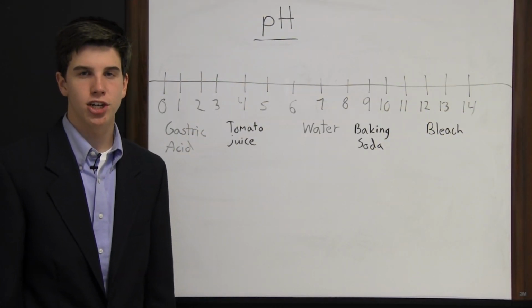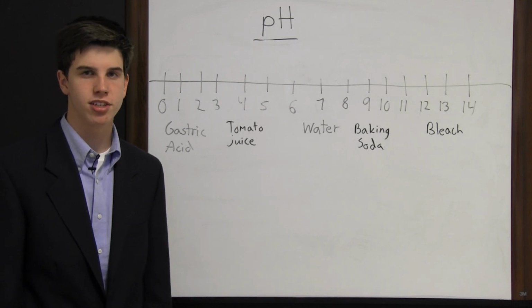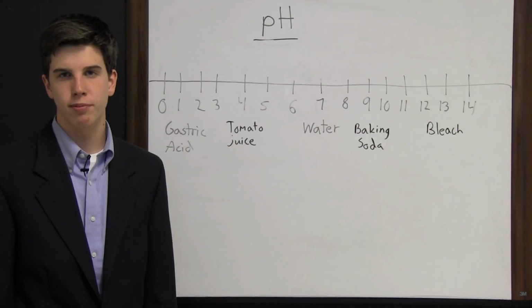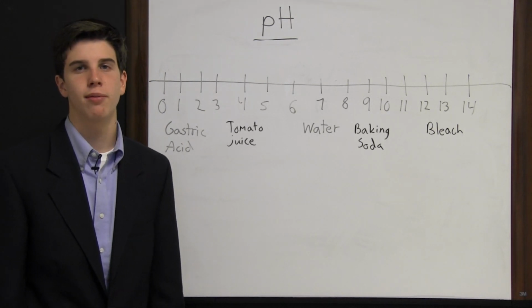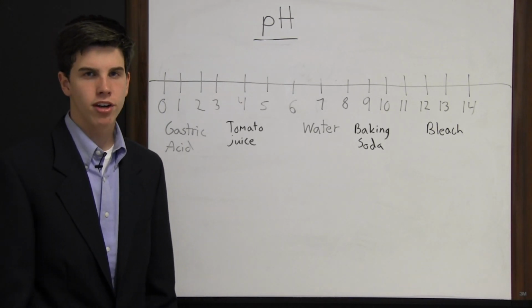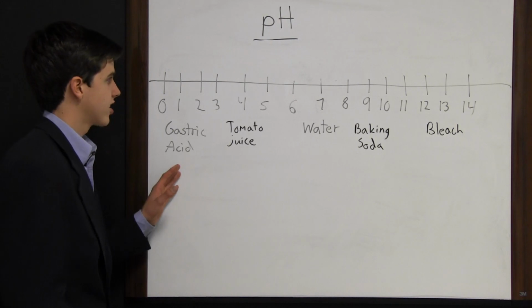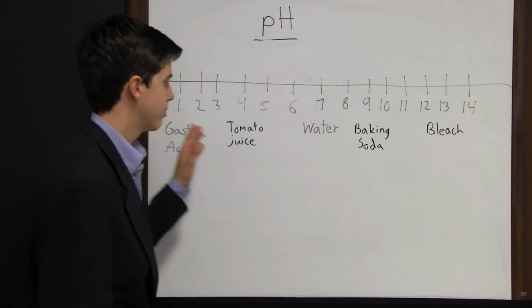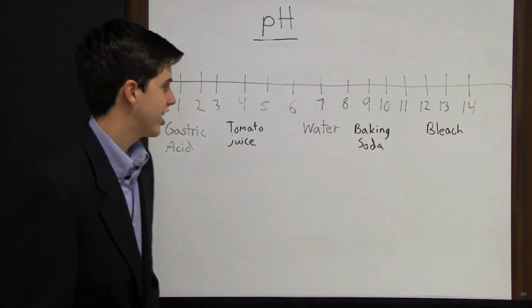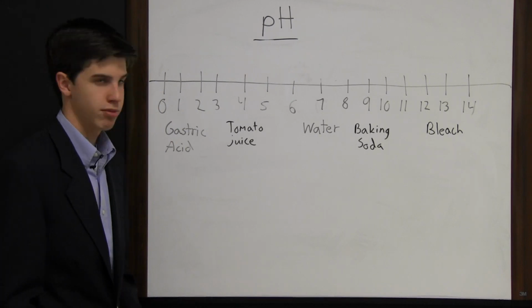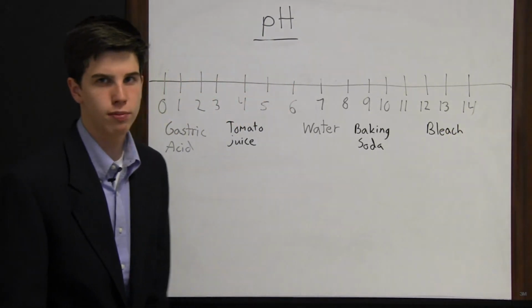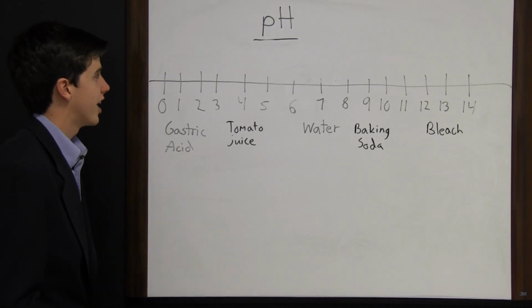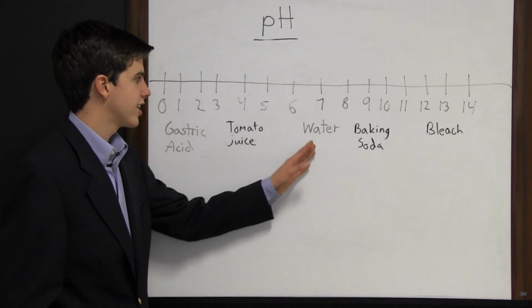pH is basically a measure of how many hydrogen ions are in a substance. pH is very important to many fields such as biology, chemistry, medicine, food science, farming, and water treatment. I've written up here on the board a pH scale ranging from numbers 0 to 14, each indicating the amount of pH in a substance. Now there are pHs that go higher than 14, but for practical purposes, this is the largest pH scale we need. Water has a pH of 7,